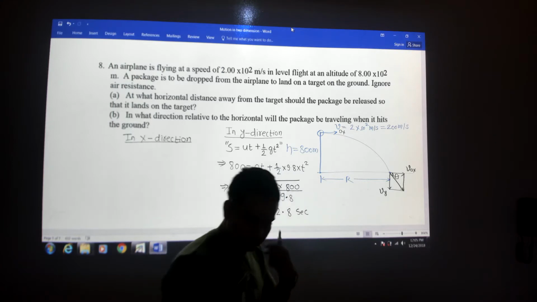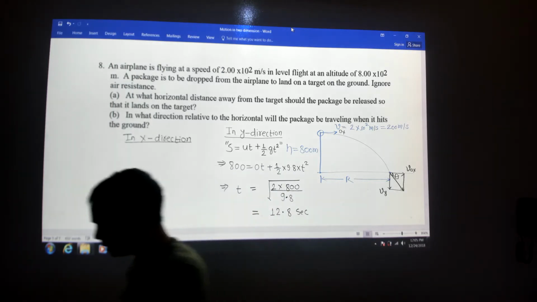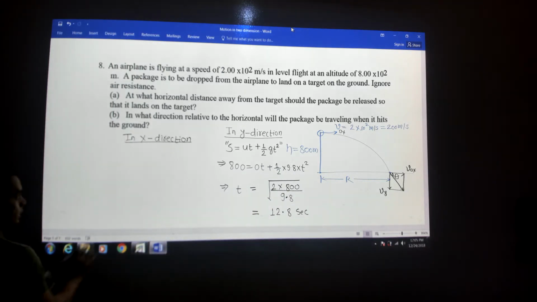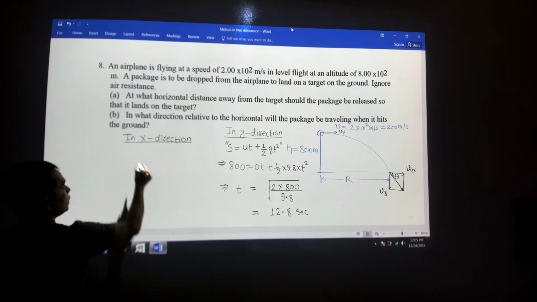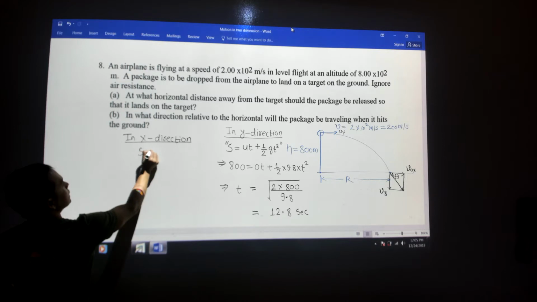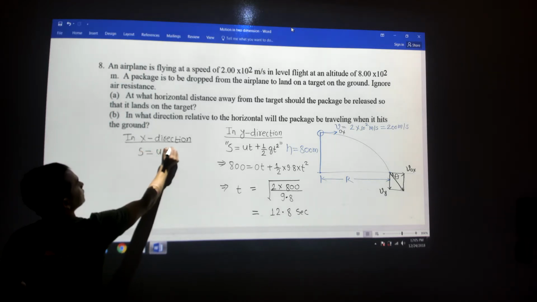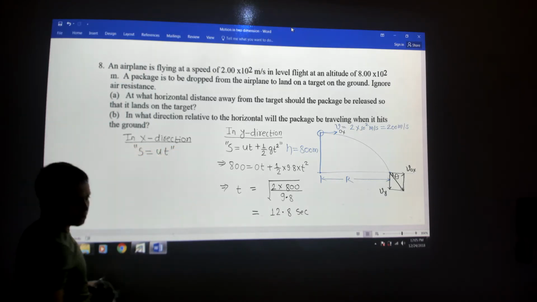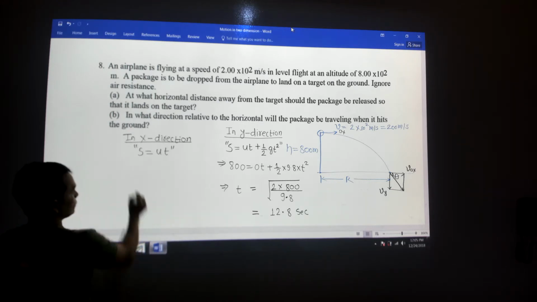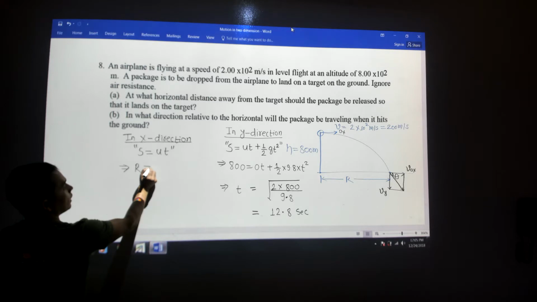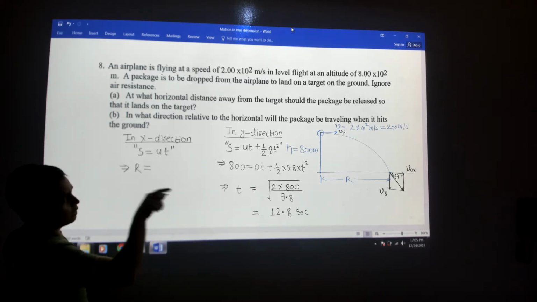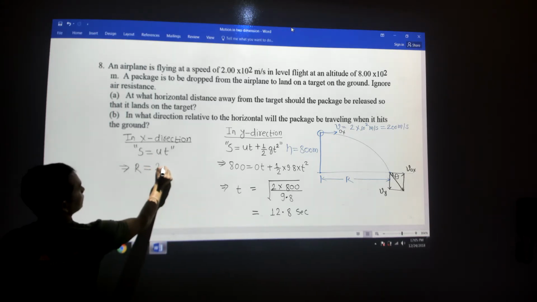Only along the y-axis the velocity changes. So I'm using s equals u times t because there is no acceleration along the x-axis. In this case, s is equal to r, and this is the horizontal velocity, which is 200 meter per second,